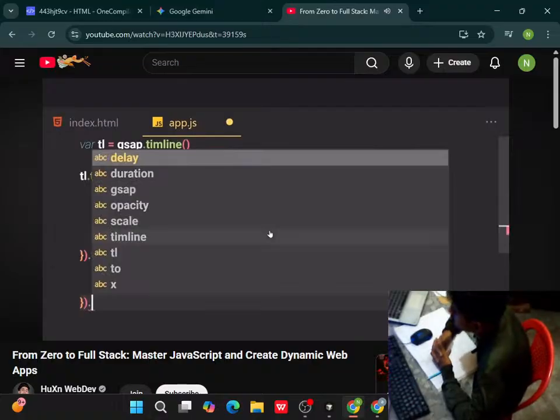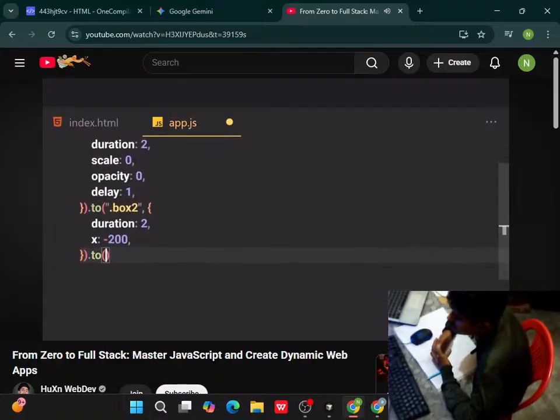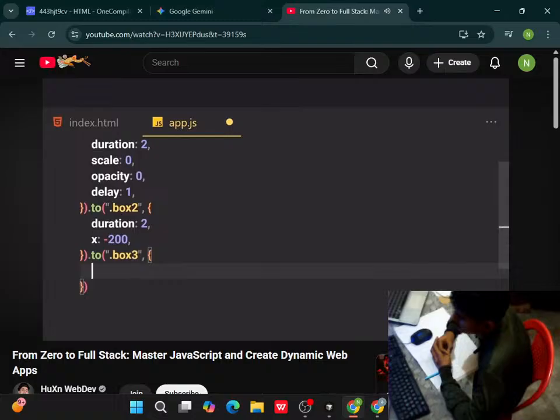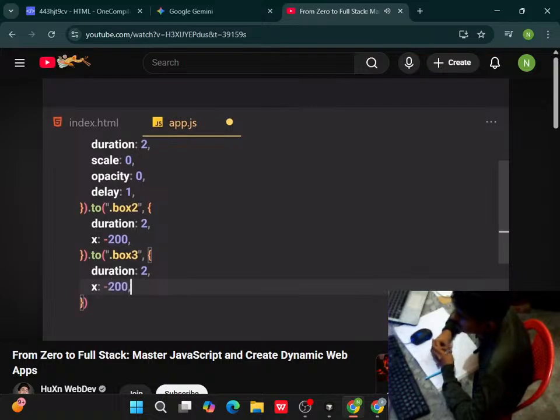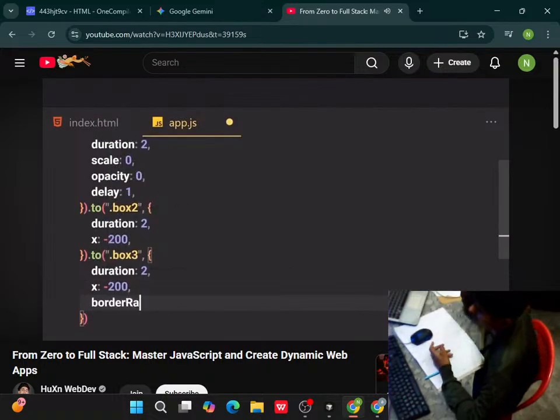And now let me just attach one more 2, because we want to also animate this third box as well. So I'm gonna just write like box 3, and now let me just write my vars object, and duration will be now set to 2, and x-axis will just go to like 200 pixel, and border radius